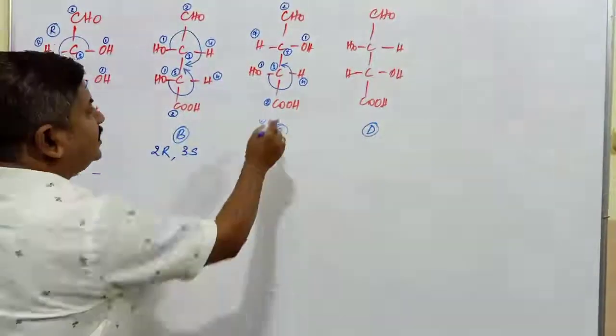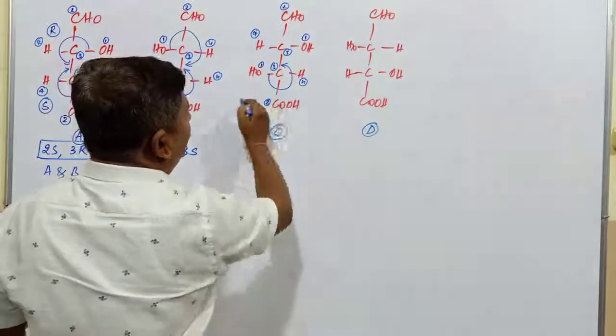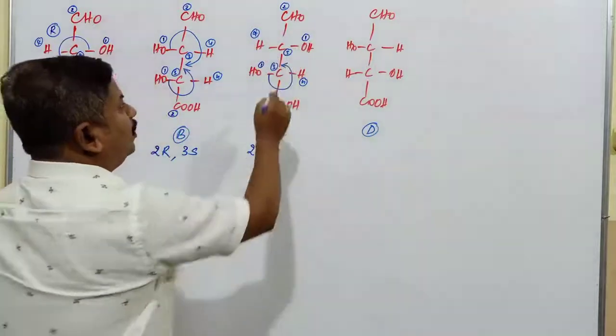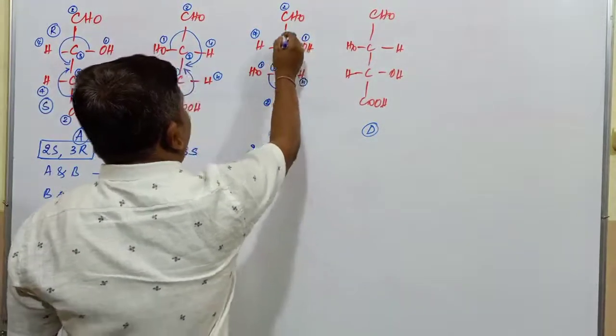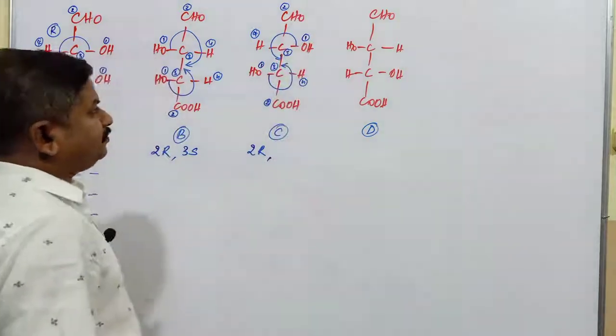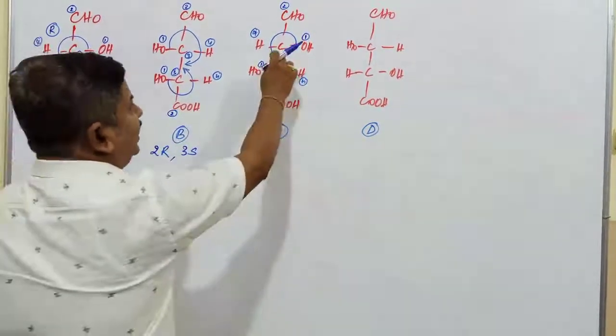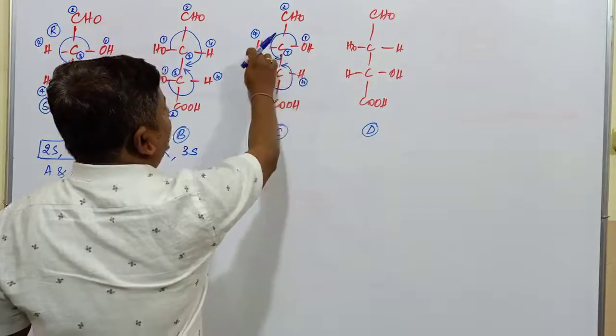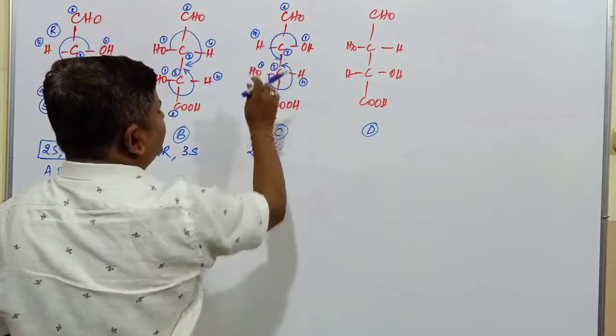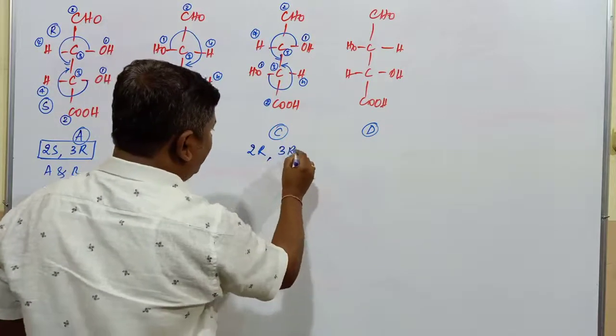Remember, in this case, the whole group is going to become one particular group for this carbon atom. 1, 2, 3, 4. So this is going in this direction. It is in anti-clockwise direction. When it is anti-clockwise, it is called S. But here the lowest priority group is present in the horizontal position. It becomes what? R configuration.